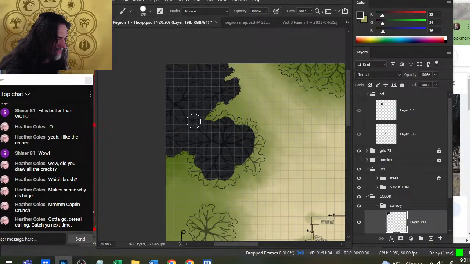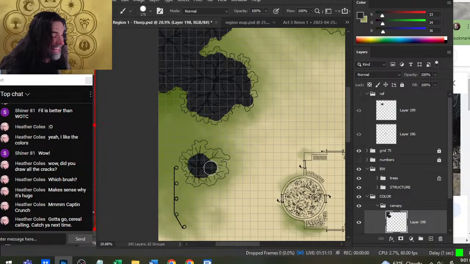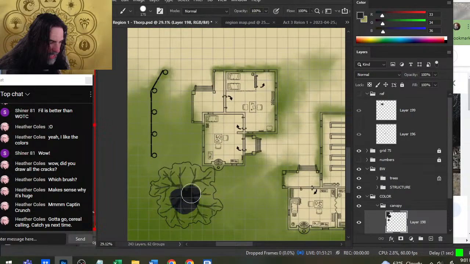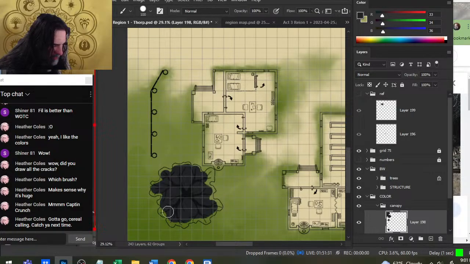Again, I may be able to click a button and fill this thing, but I like actually doing the pixels myself. It's slower, I know. It's not the best production process, but I'm going to be spending time texturing and coloring these things. So I want to make sure that I'm familiar with how it sits on the page and where I'm supposed to be at. Plus,